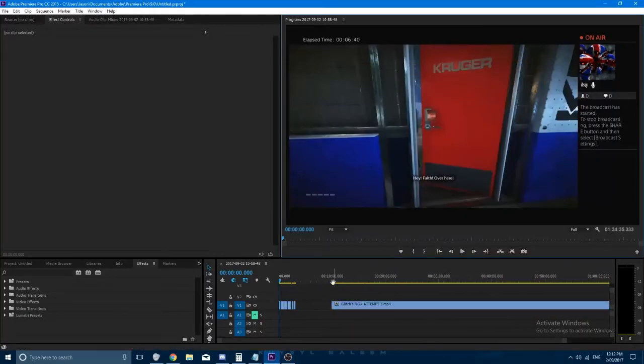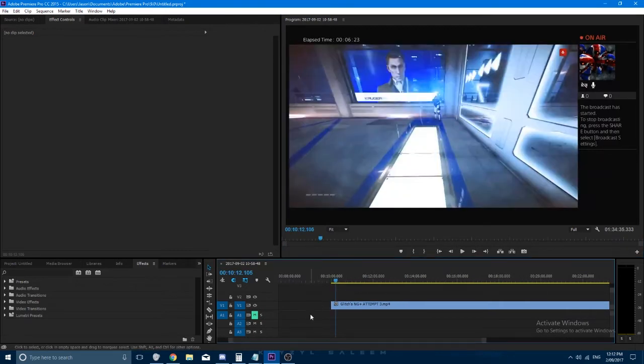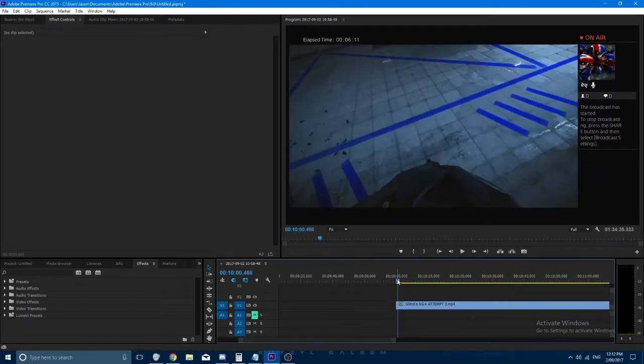Alright, so this is going to be a tutorial for retiming a console run. So basically what we're doing with this is we're simulating the live split timer on PC, because that's what runs are timed with, and you can't get it on console. So instead we're going to manually time out every load in the game,